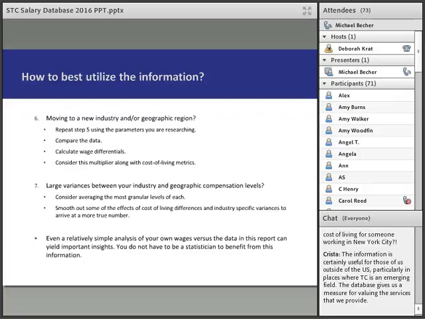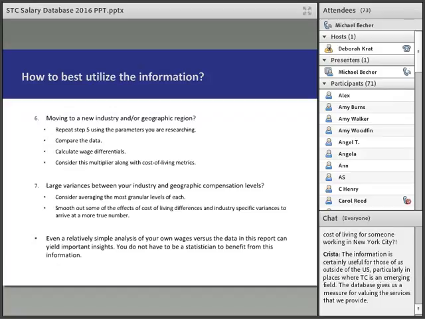And you can make some decisions based off that. Is that move worth it? There's a lot of factors that go into moving, either jobs or moving out of state, but it's just a way to be able to say, all right, here's the difference in salary and here's the difference in cost of living. Is this something that makes sense? Is this something I want to do? It just gives you more information to make your decision.